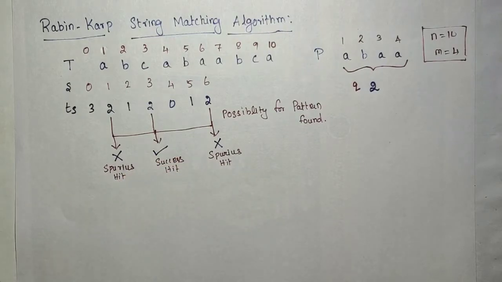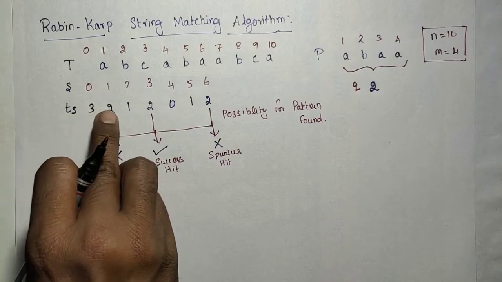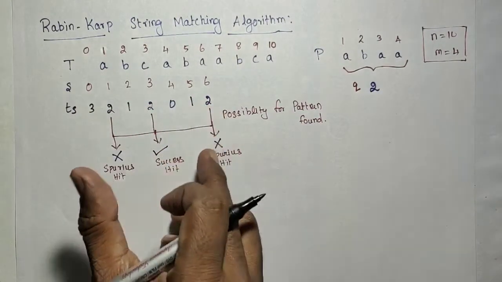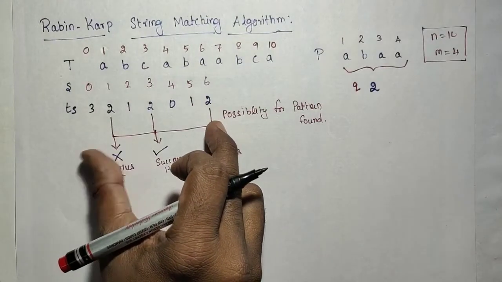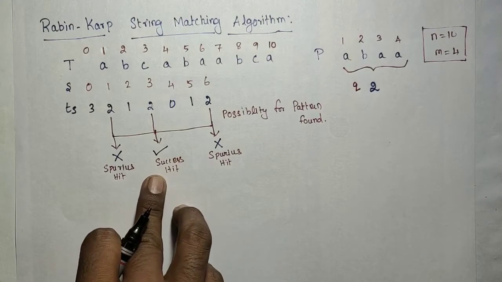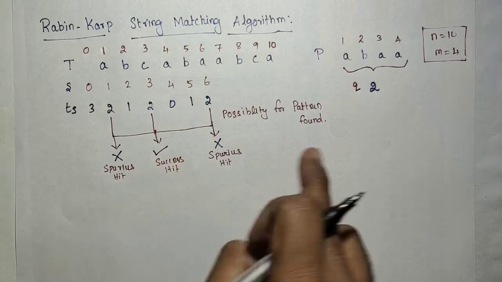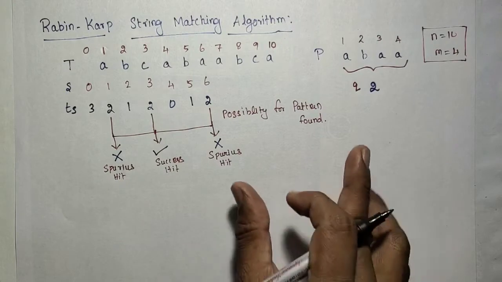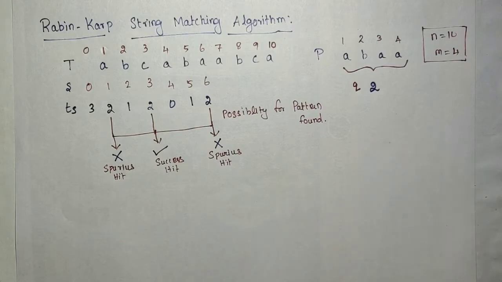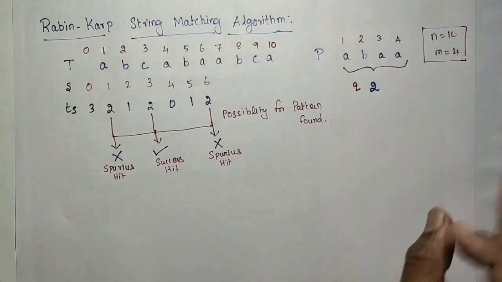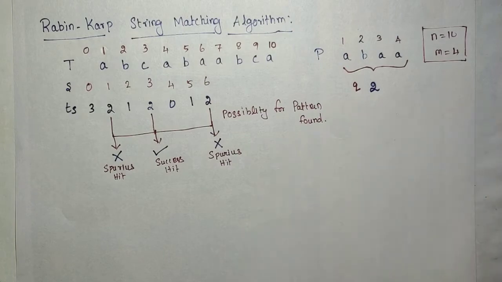So the total 7 comparisons are reduced to only 3 comparisons. Among that, we got the success at 1. So in this place it will print that S value is 3. So 3 shift required, like that it will be printed. Here we need to understand only how we are going to map the characters to a number. That is the only logic you need to learn in this algorithm.